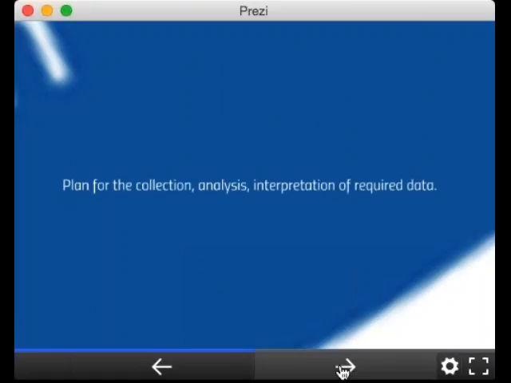We need to have some skills around how we're going to collect data. We need to have some skills around how we're going to analyze that data, because certainly different kinds of data require different kinds of analysis. And then, of course, we're also going to have to interpret the data that we have. And when we say interpret the data, I think this is a really well-defined skill set for folks who are well practiced in doing coalition or community level evaluation, because that's a little bit different than doing